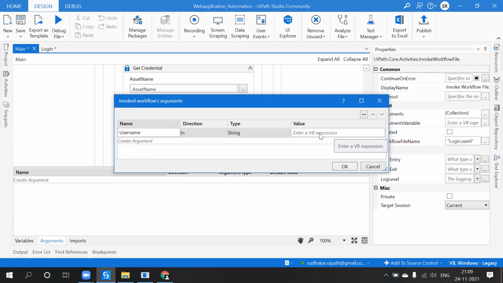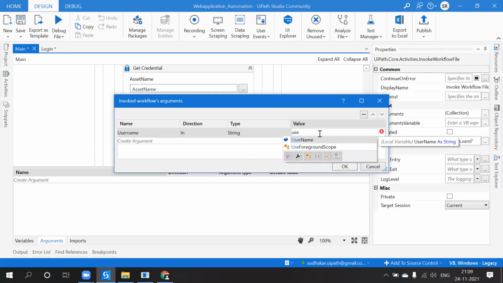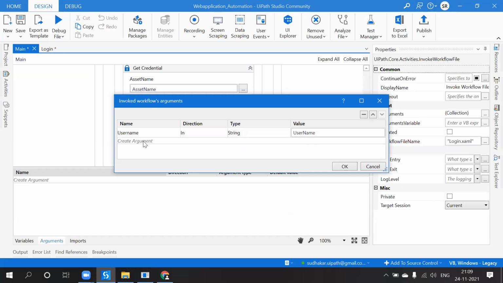Username, the value here is username. Password.